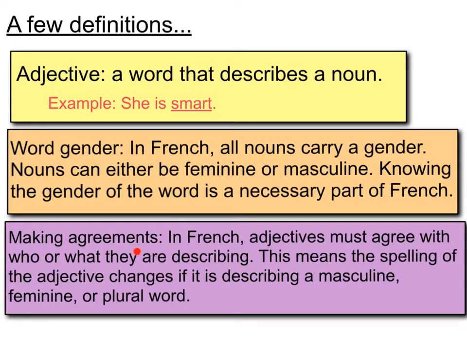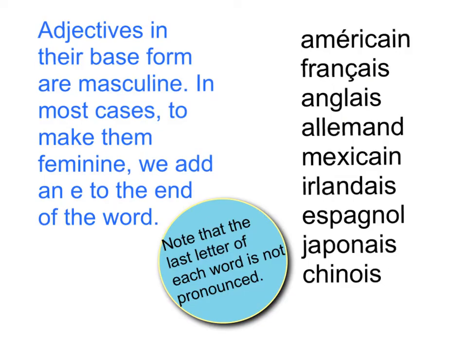Next, making agreements. In French, adjectives must agree with who or what they're describing. This means the spelling of the adjective changes if it is describing a masculine, feminine, or plural word. And you'll see how that's going to work. Okay, so adjectives in their base form are masculine. So if you look up an adjective in the dictionary, the form that it's going to give you is the masculine form. In most cases, to make them feminine, all we need to do is add an E to the